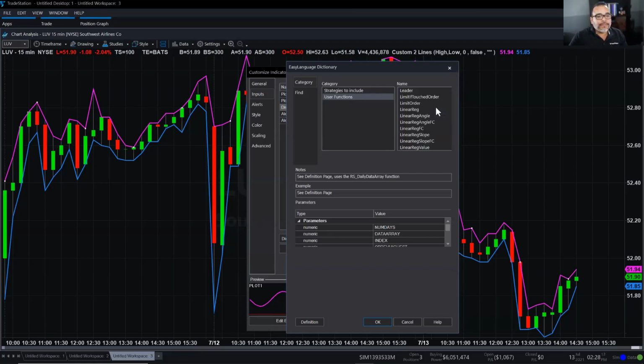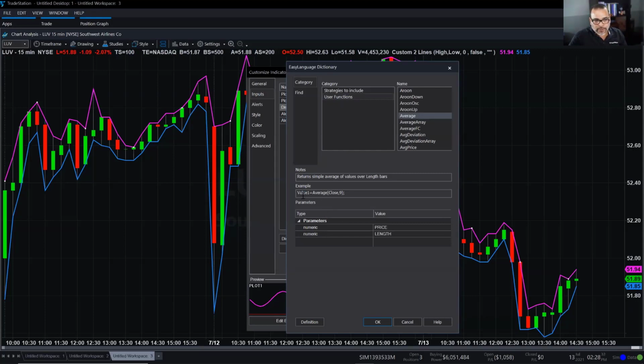Let me look up something that I want to use, which is just a simple average. I'm going to go here. Here I have the word average. I'm going to click on it. You can see all sorts of different averages, but I'm just going to concentrate on something simple. I highlight the word average, and right down here, it gives me an example on how the word average is